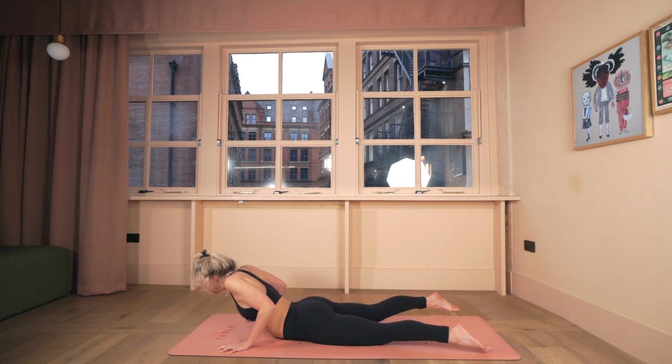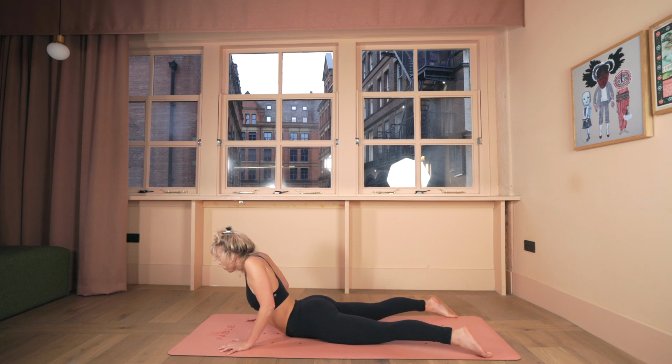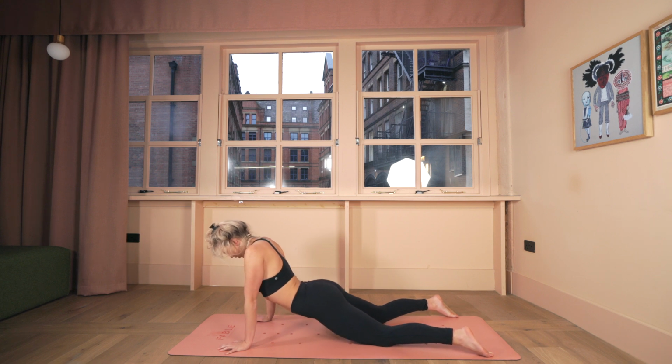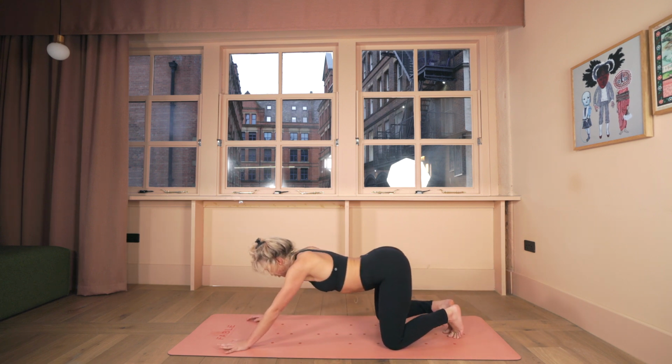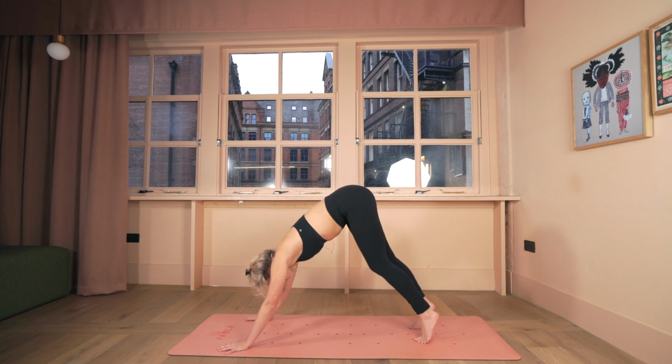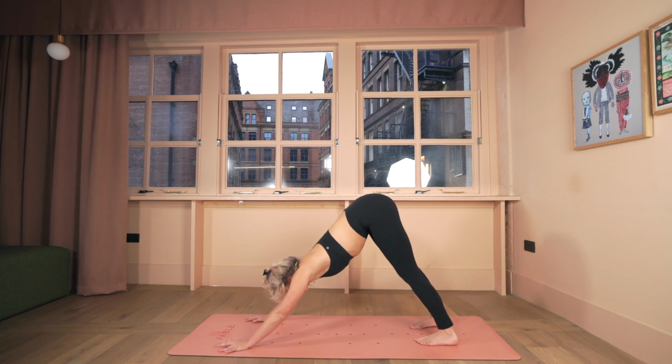Let's take this to a little baby cobra. So keep your elbows in and then roll your shoulders back. Navel is zipped in and you're lengthening through the side seams of your body. Breathe in, bend into your knees, curl the toes under and then push your hips up and back. Land into down dog and we'll take 3 cycles of breath as we lift the heels up nice and high